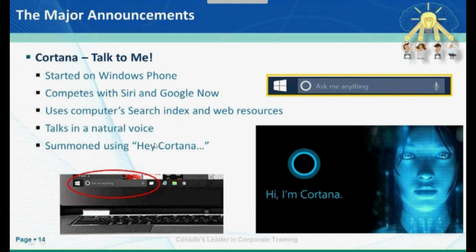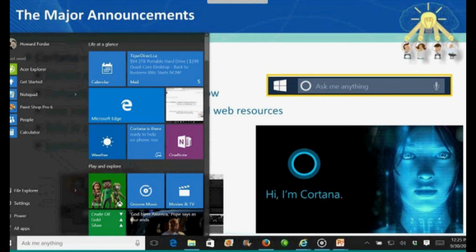It's the Ask Me Anything area. If we go into settings, we can reduce that to just a circle, so we know that that's Cortana. It's a type screen and an ask screen if you want to turn it on. To turn it on, you have to go into the settings for Cortana and turn on Cortana, and then it'll respond when you say, hey, Cortana. So I'll do one more test with it and say, hey, Cortana,